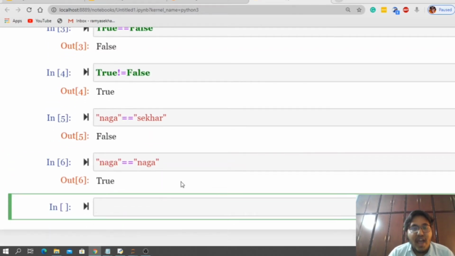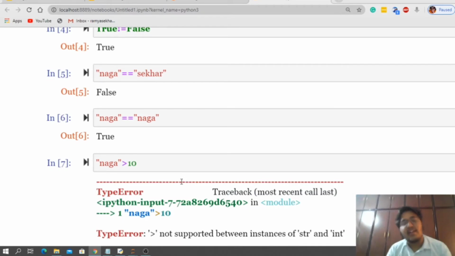Here I would like to mention that in yesterday's class, while applying less than, greater than, less than or equal to, and greater than or equal to, we could apply them only to int with int, string with string, and bool with bool. See here, if I apply Naga greater than 10, what are we going to get?